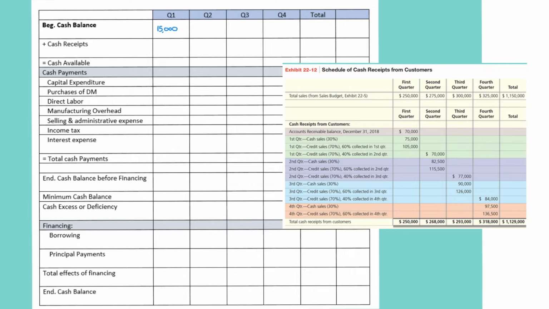So this is the cash receipts from customer budget. Okay, I'm gonna need those numbers to fill it in the cash budget. Okay, so I'm gonna write here in quarter 1 it's 250,000. In quarter 2 it's 268,000. In quarter 3 it's 293,000. Then 318, and total receipts were 1,129,000. Okay,